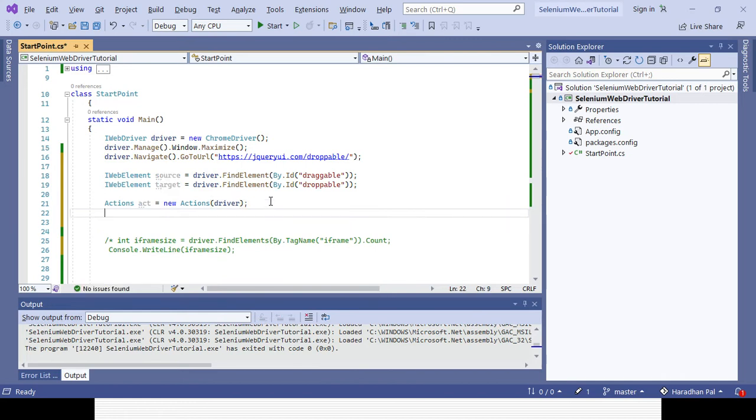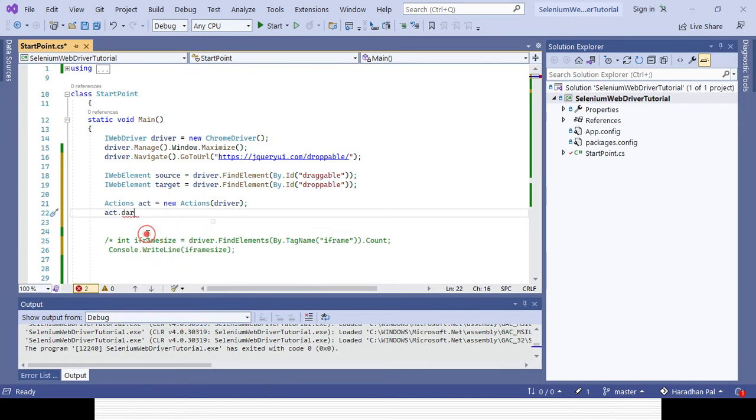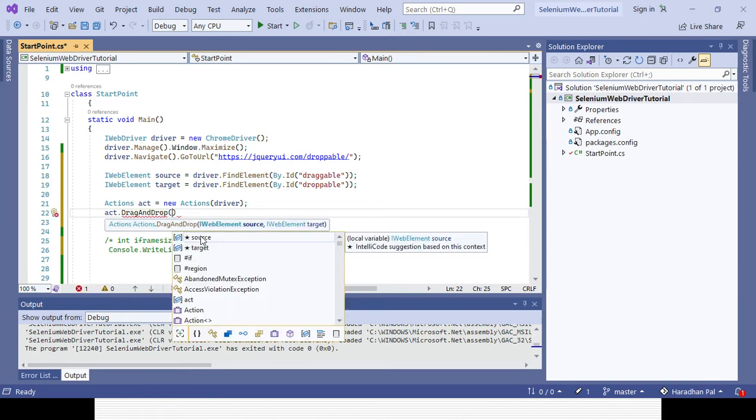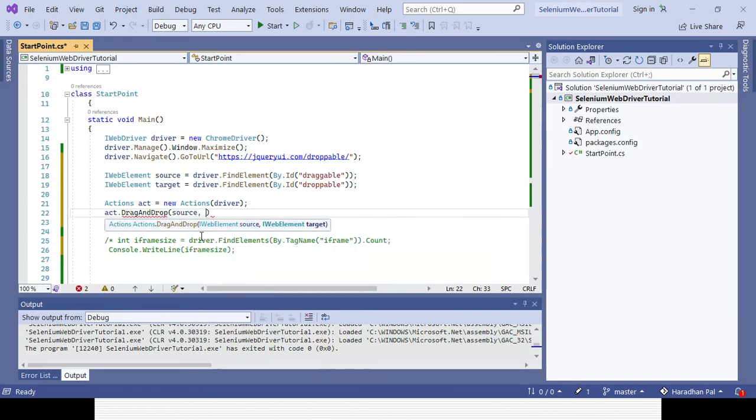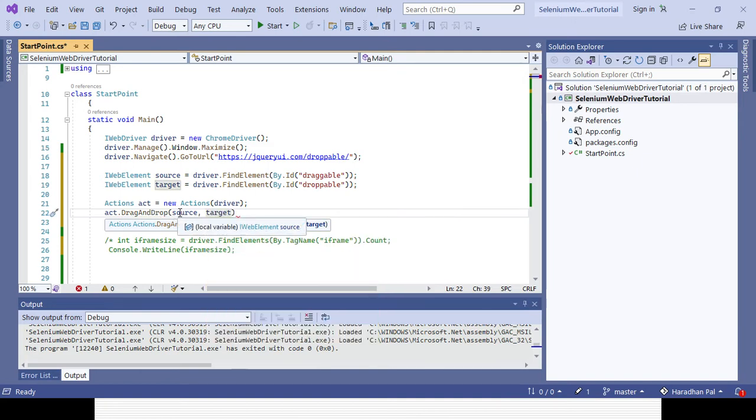Then if you want to drag and drop, you can use that object, because dragAndDrop is a function from the Actions class, right? Here you need to provide the source and destination, right? You can provide the source which you want to drop in the destination, the target. I want to drag and drop the source to the target.